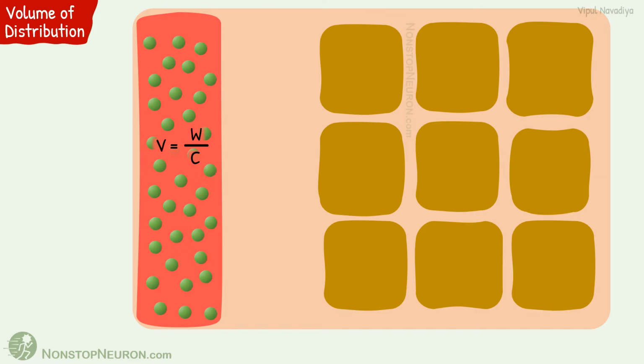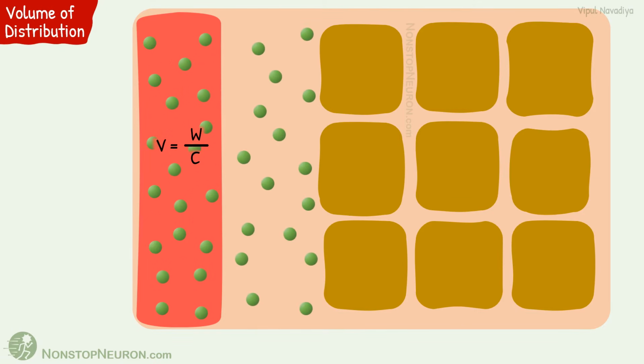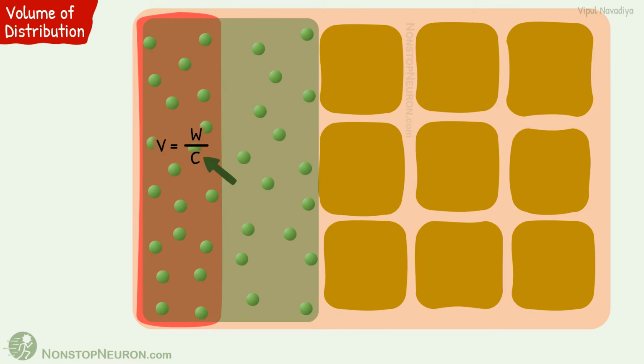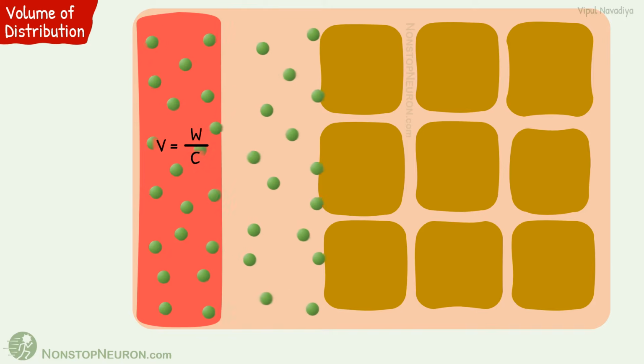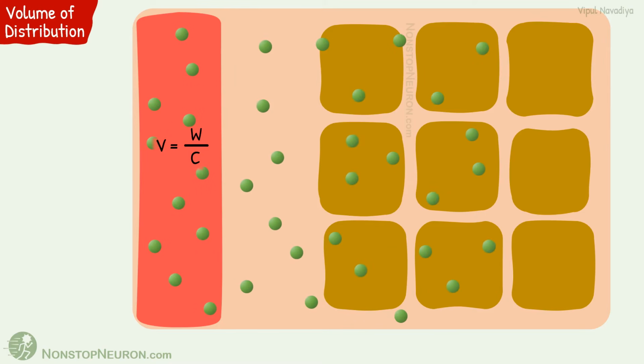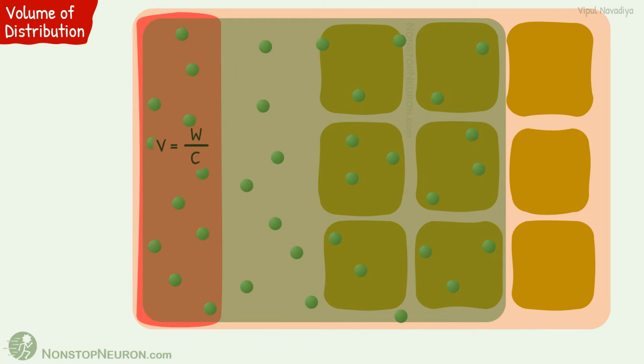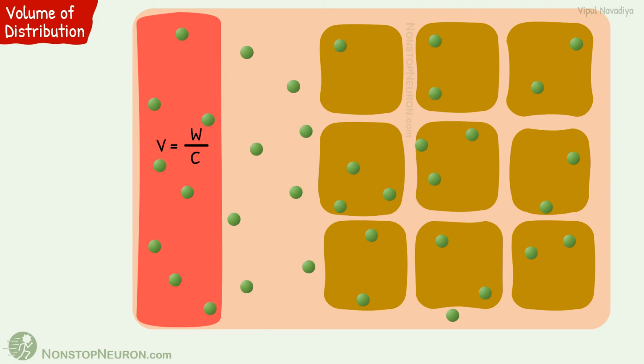For example, if the spread is less, the plasma would stay relatively concentrated. When you put that high value of the concentration as the denominator here, you get a small value for volume. This suggests that the spread is less. And if the spread is more, the concentration decreases, and with a smaller value of concentration, you get a larger volume. This indicates that the drug has spread more. Thus, this equation is very handy to know how far the drug is spreading. However, there are some limitations of using this equation.